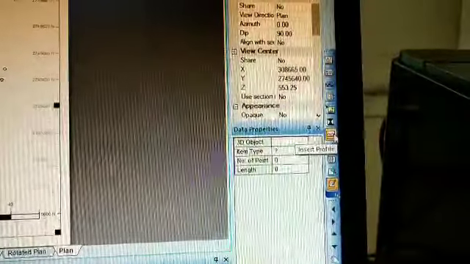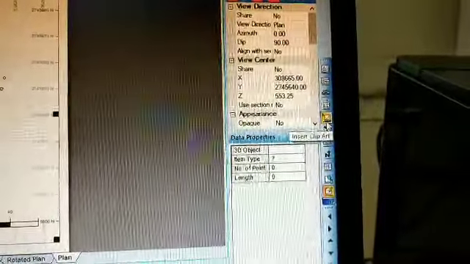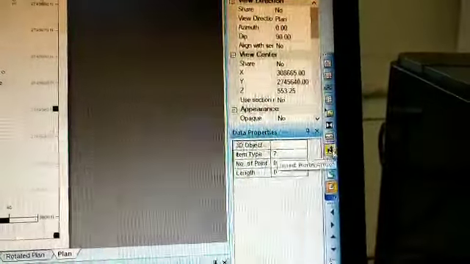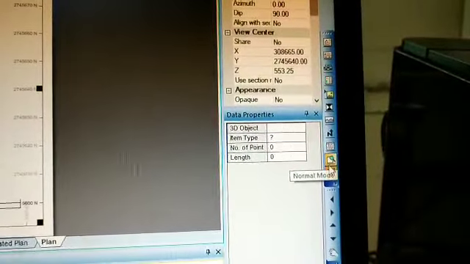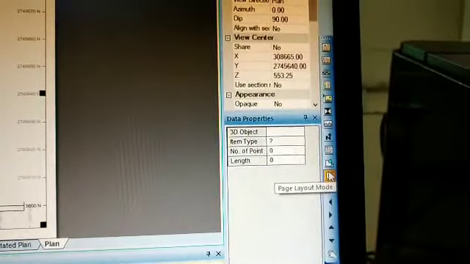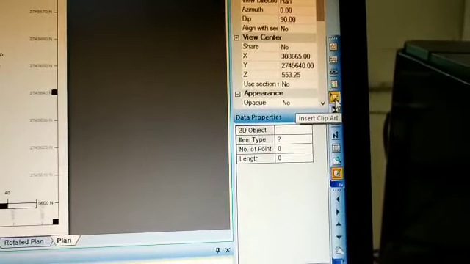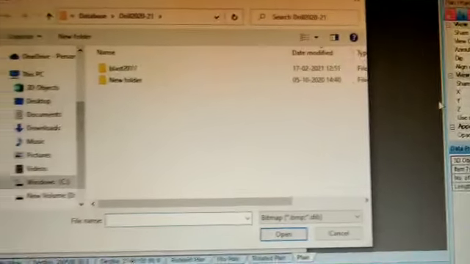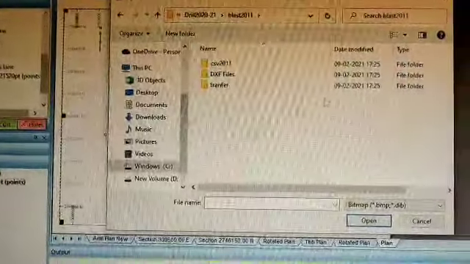This is one more important thing: insert symbol and insert clip art. From insert clip art, we can insert a logo of our company or any picture in our plot file. We can choose any logo, like our company's logo.